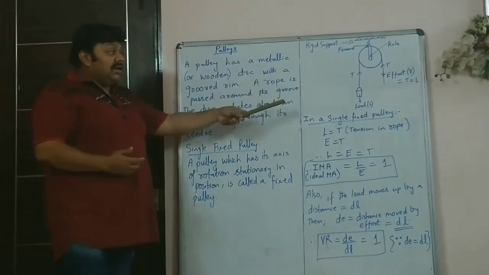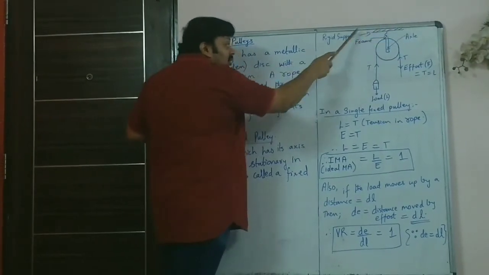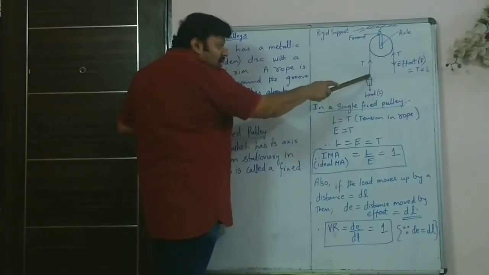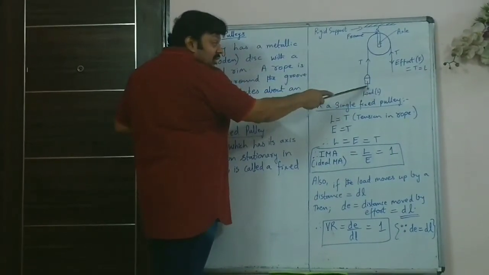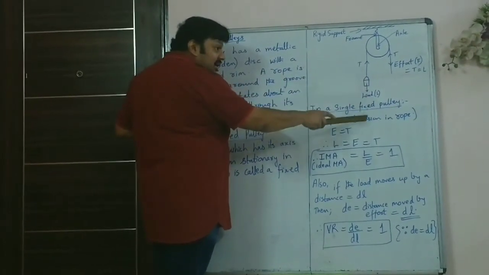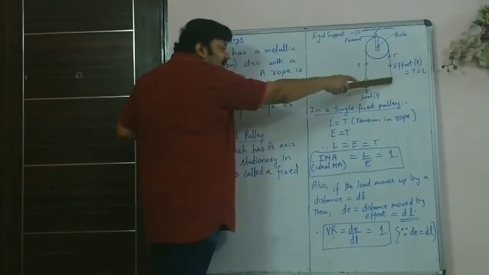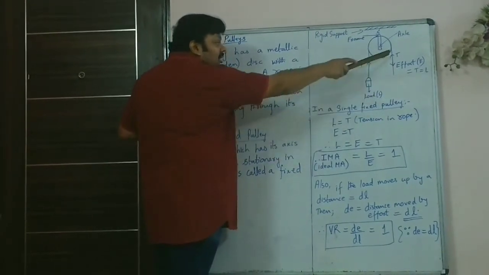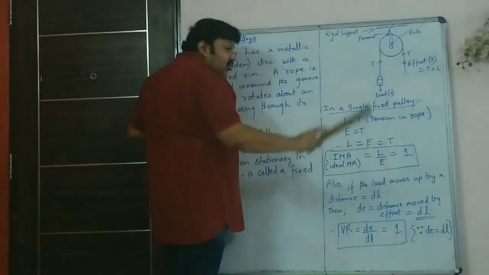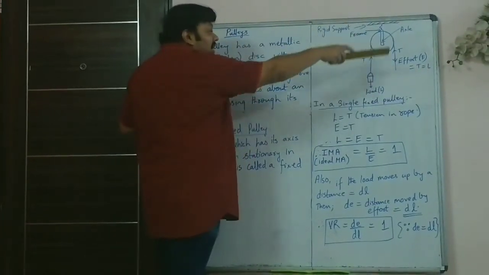So copy this. The diagram is very important. Tensions have to be marked upward. Rod has to be shown for fixed rigid support. Axle has to be clearly shown. The load is acting down. Don't think the load is going up, so the weight is acting up. No, the load is acting down. It may be going up because someone is pulling it from there. Effort is acting down. Load is acting down. Tensions, both the strings acting up. Directions, arrows have to be there. You have to write effort is equal to tension is equal to load. This entire thing has to be drawn.